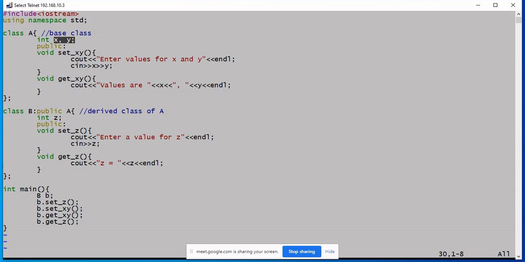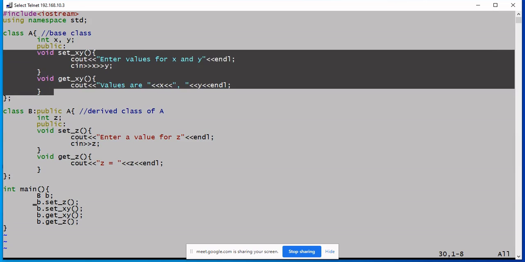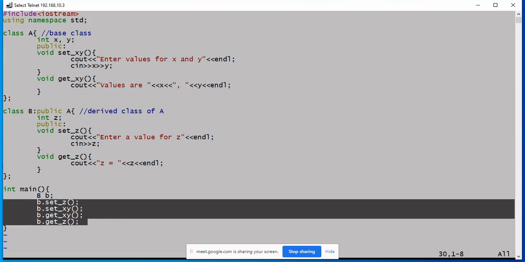But there is a provision to set the values for them and fetch the values through member functions of base class. That is possible, and it is my intention to reduce the number of function calls mentioned in main function.